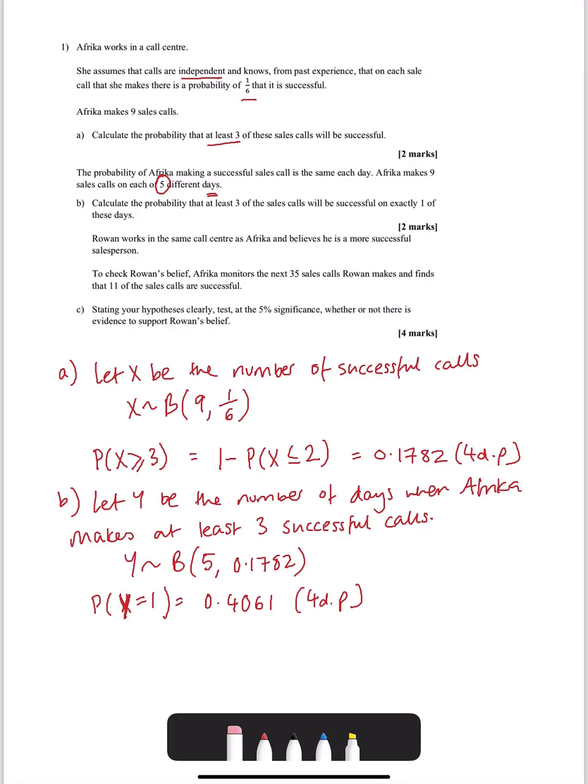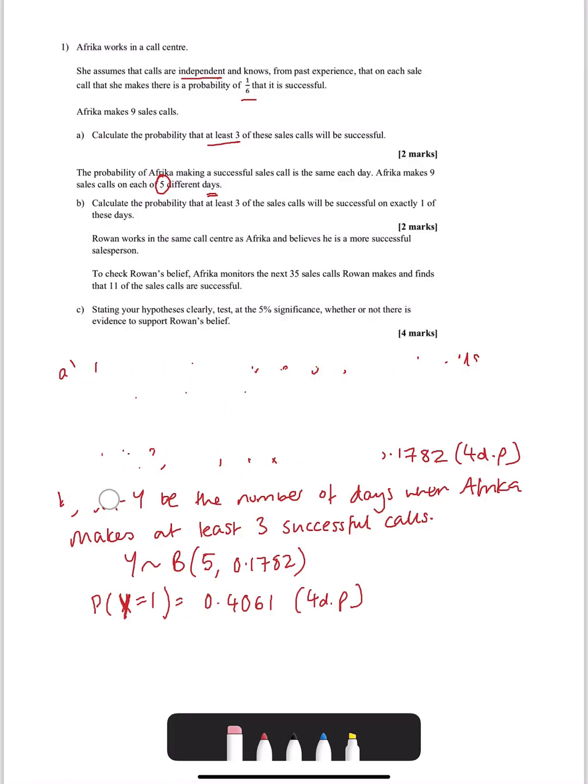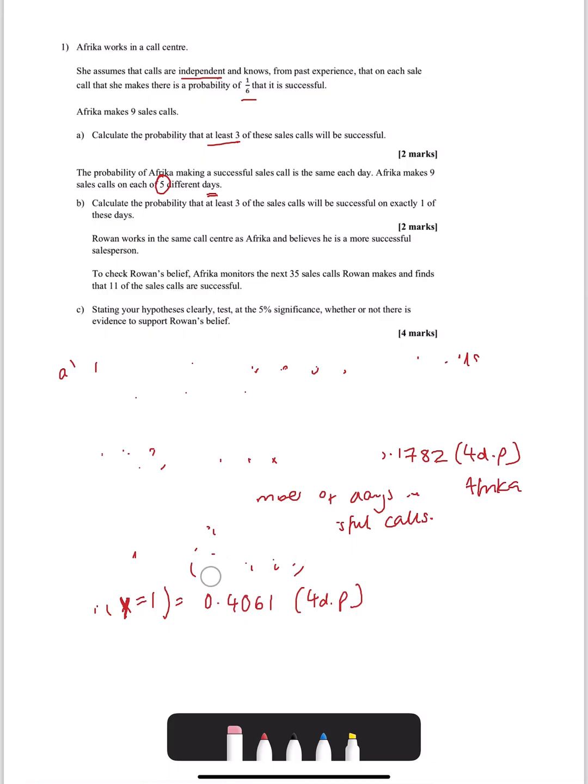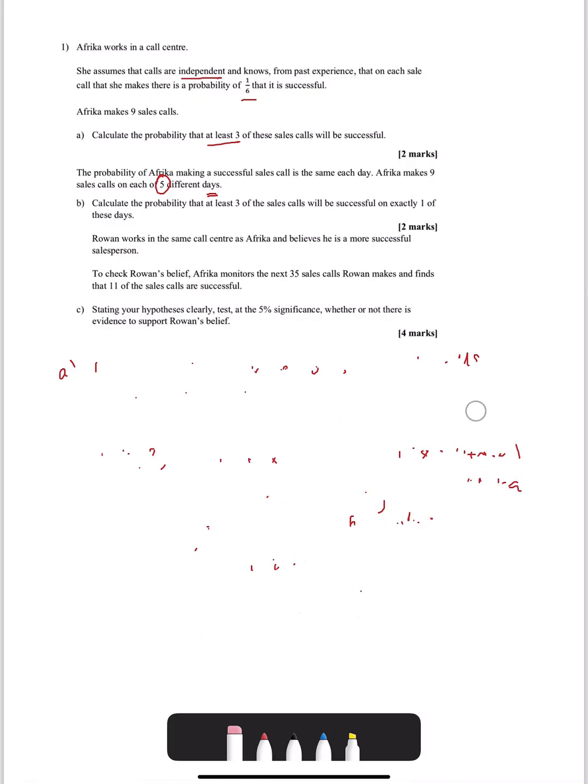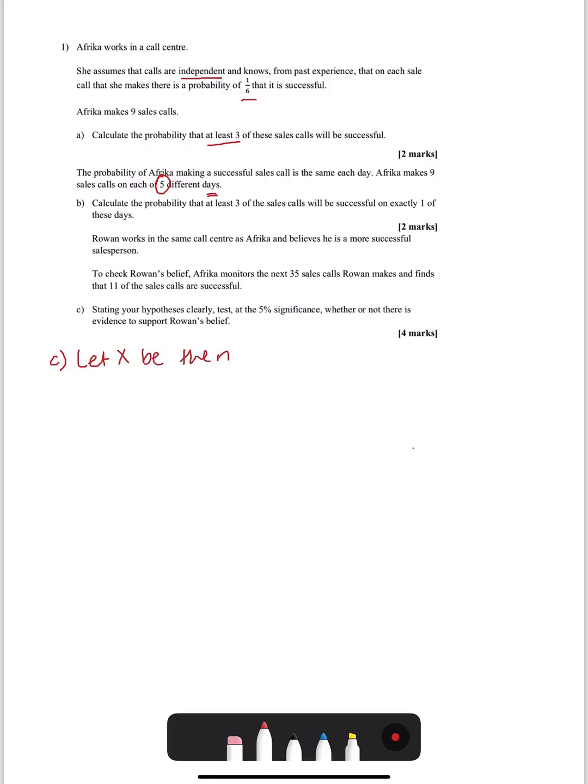Okay, now we're going to have a look at C. So C says, Rowan works in the same call centre as Africa and he believes that he is a more successful salesperson. To check Rowan's belief, Africa monitors the next 35 sales calls Rowan makes and finds that 11 of them are successful. Stating your hypotheses clearly, test at a 5% level whether or not there is evidence to support Rowan's belief. So for C, we're going to again start by saying let X be the number of successful calls